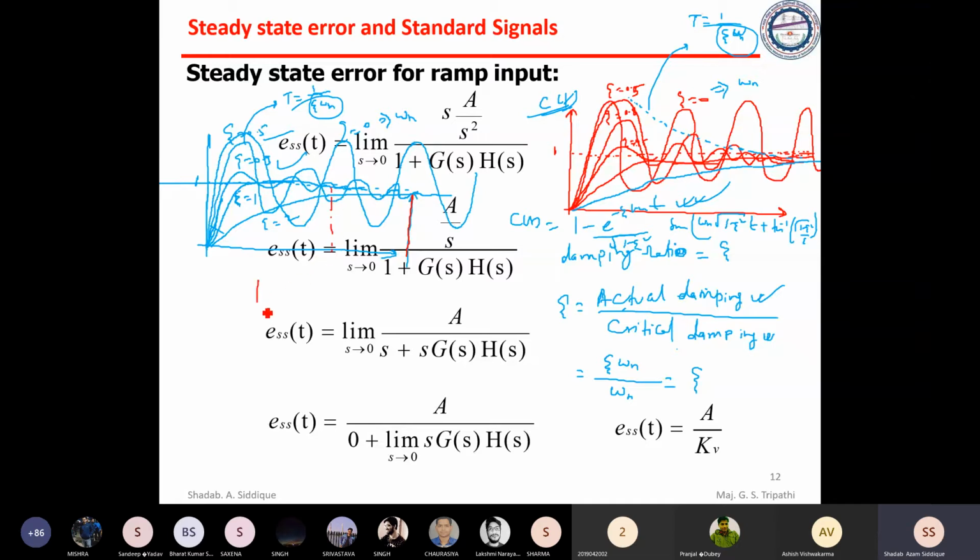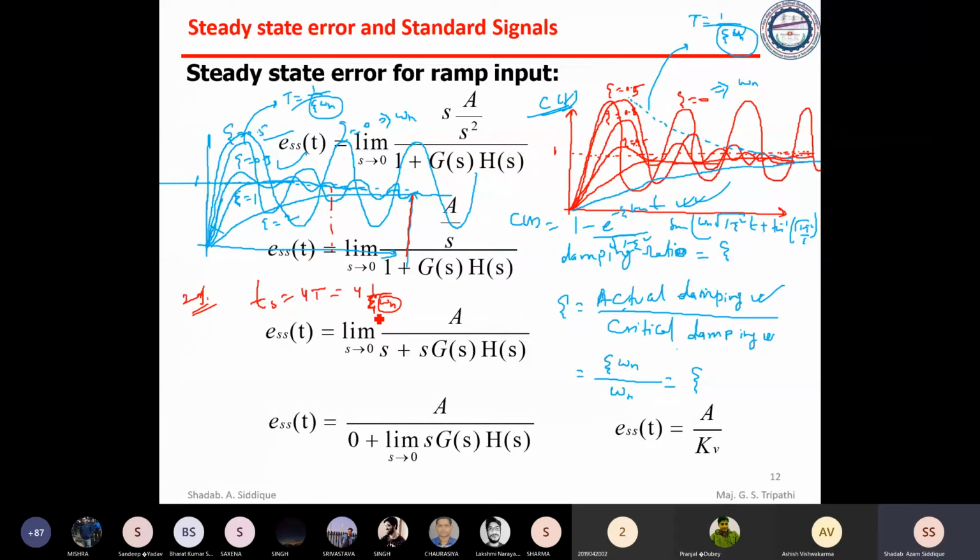So the physical significance is, if your tolerance is 2%, 2% error is acceptable, then Ts is equal to 4T, 4 time constants, which is nothing but 4 into 1 by zeta omega n. Omega n, the natural frequency, will be given in the problem. Zeta's significance is how fast your response settles down. Okay, how the response settles down, how the response looks. That's the physical significance, how the damping behavior looks.